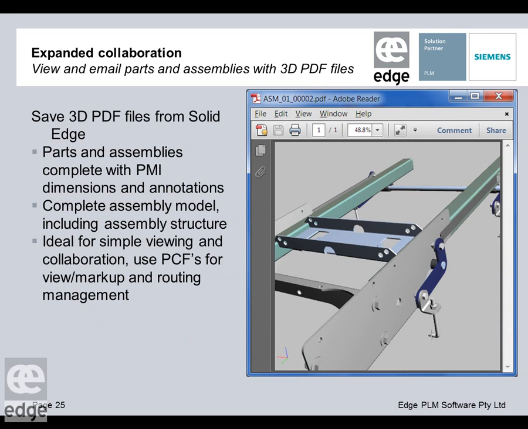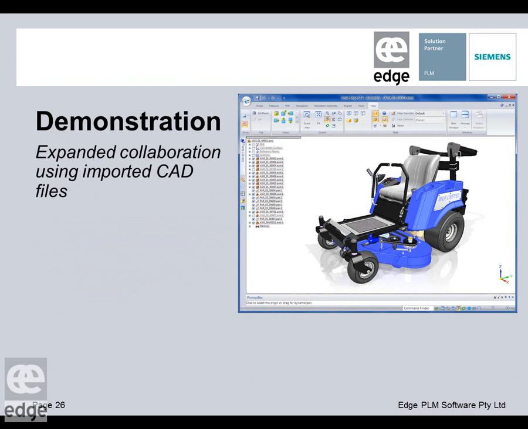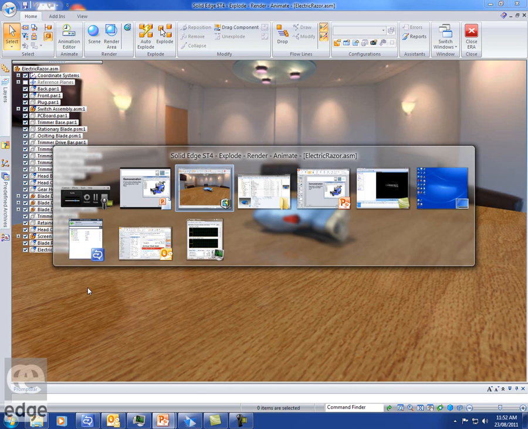In addition, I know a lot of people are going to like this. 3D PDF files can be saved directly from Solid Edge. It's sort of no biggie. It just does its thing. It's not a big deal at all. Let's have a look at that quite quickly, and